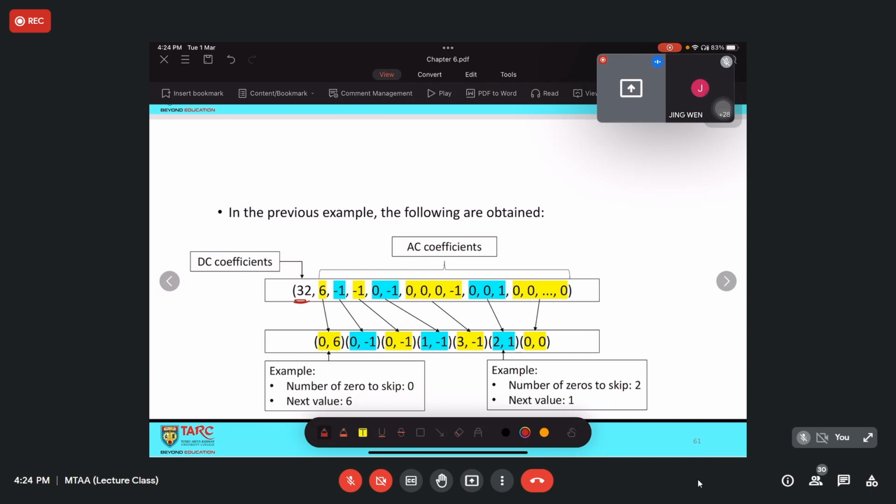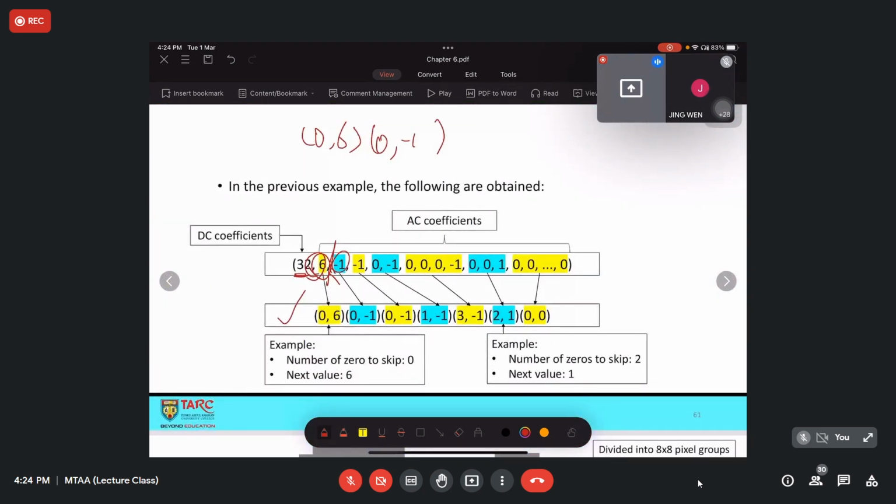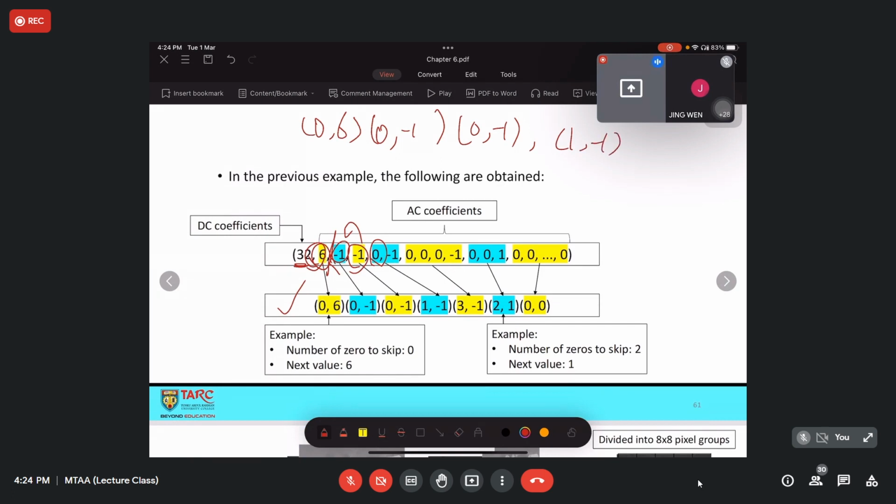So we create this run length. Basically you just need to identify how many zeros are between the previous value and the current value. Since there are 0, 0, 0 there, you have a 0. The next value is number 6. Again, is there any gap? No, so 0. What is the next value? -1, which is this one, and then is there any gap between this and this? No, so again 0 and -1, which is the next upcoming. Then any gap between -1 and -1? Yes, 1. So followed by -1, and so on and so forth. Okay, so that is how you obtain this one.